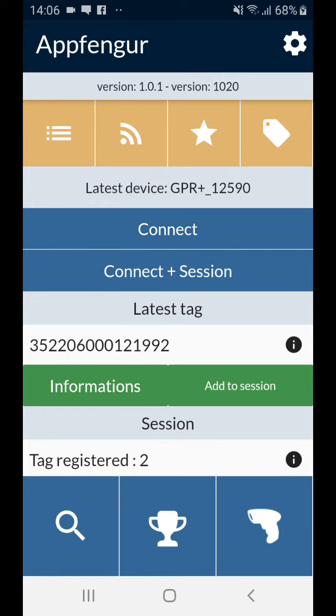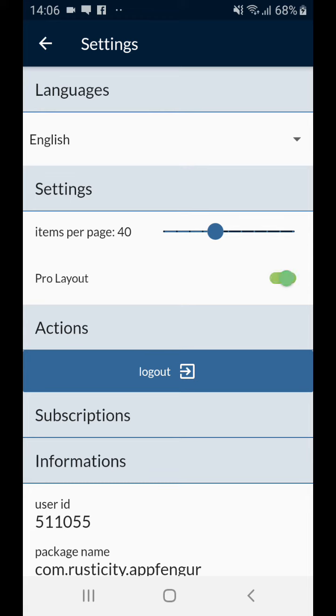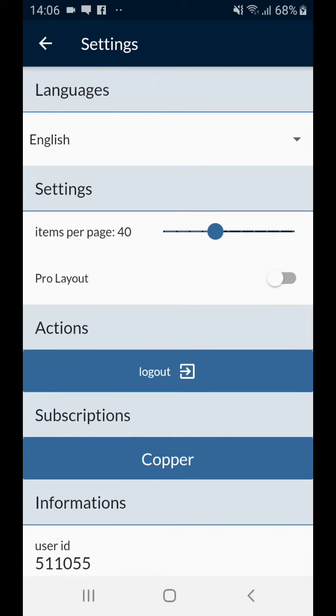I'm going to go back. In the Pro Layout, you have basically the same access. It's just the layout is different to give you quicker access. Even with gloves, you can tap on the big, large buttons there at the bottom. I'm going to switch over to the classical view.